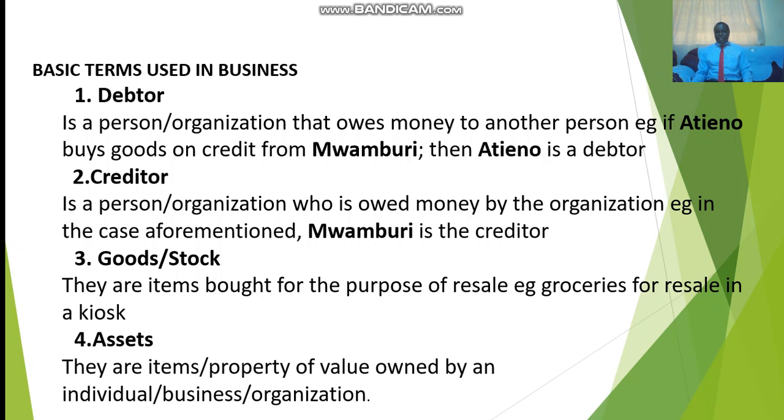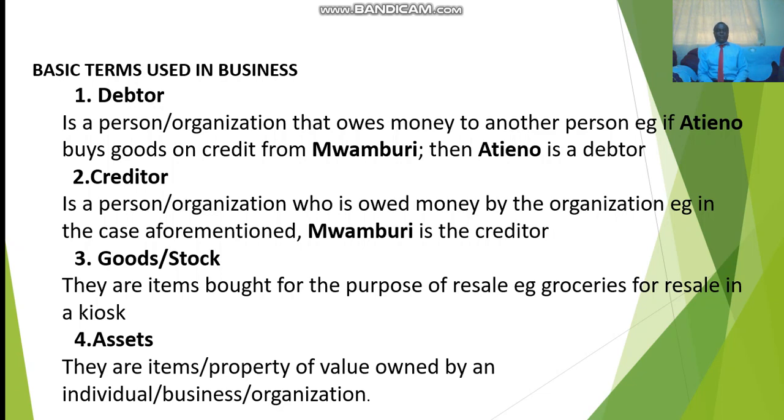In our case, we shall use two people, that is Atieno and Mwamburi. If Atieno buys goods on credit from Mwamburi, then Atieno is a debtor, since he has bought goods on credit